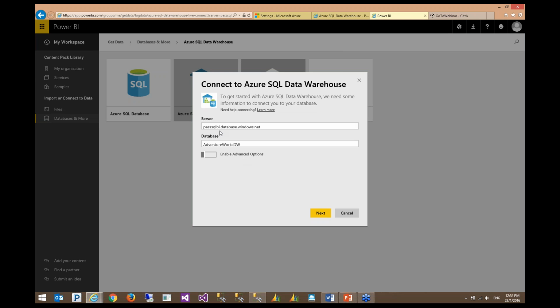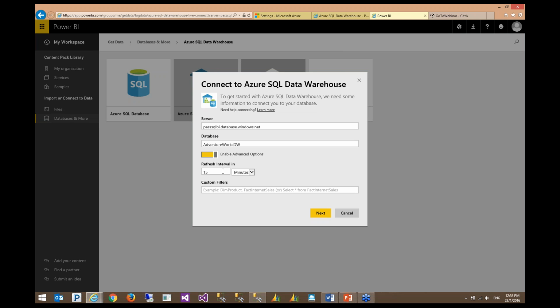And as you can see, it adds the server name and database name automatically. There is also an advanced option here: the refresh interval and a customized filter that can be a dimension name or fact name, or even a T-SQL script here. And the thing that I want to point out is that this dataset will be automatically refreshed in the background when you load it into Power BI service.